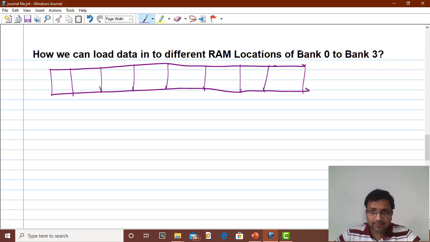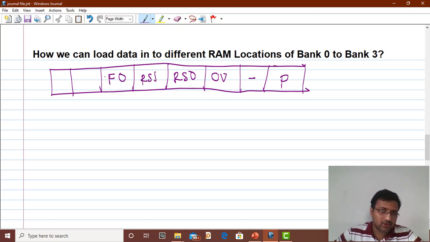Okay, so the first flag is the parity flag, then dash, we have the overflow flag, then we have RS0, then RS1, then the bit reserved for future use, that is F0, then the auxiliary carry flag, and then CY.